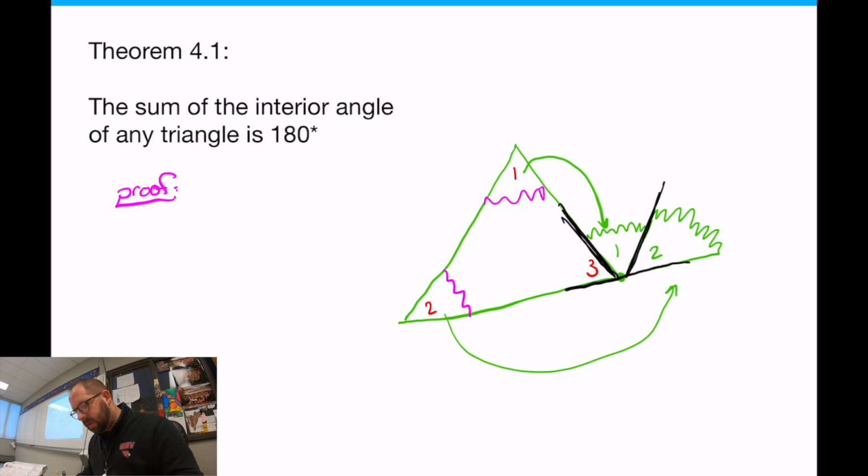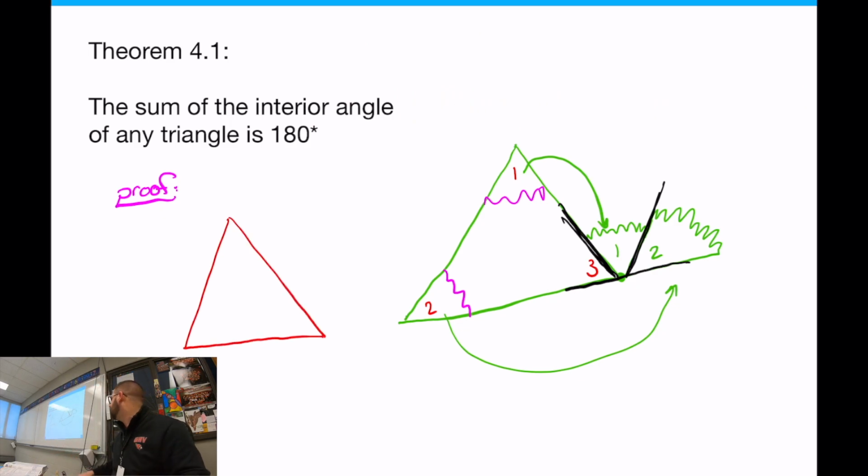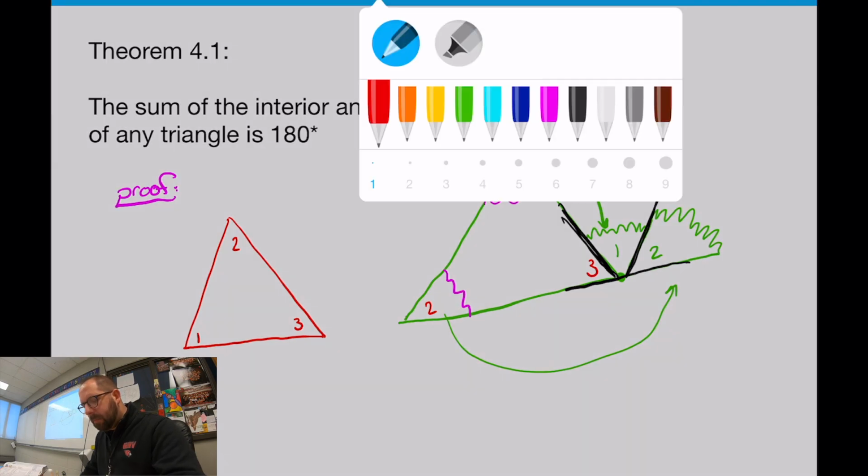I'm going to draw my triangle again. Okay, same triangle. It's supposed to be the same. Just ignore my terrible artistic talent. And so what they do is that they start with numbering the angles. So 1, 2, and 3, right? 1, 2, and 3. I don't care what the angles are. It doesn't matter the measures. Doesn't matter. And what they do is they draw a line passing through the